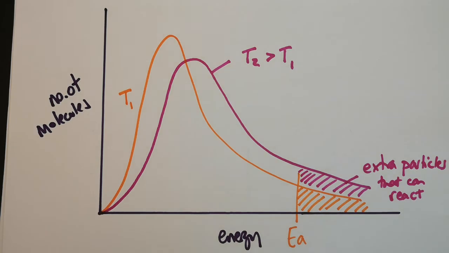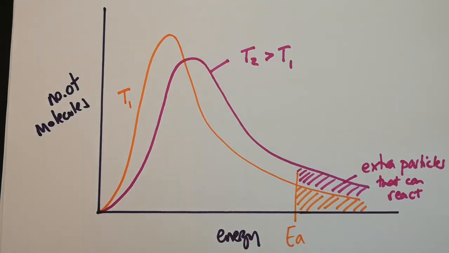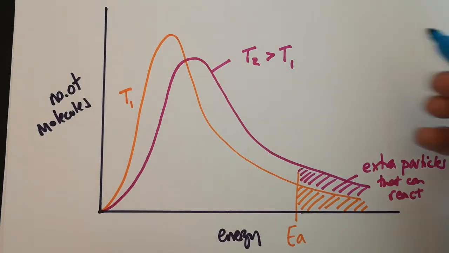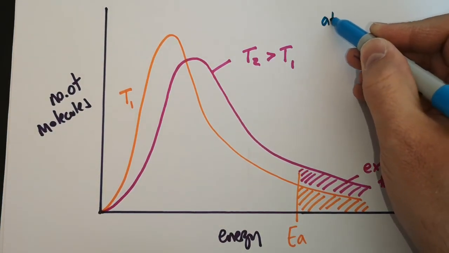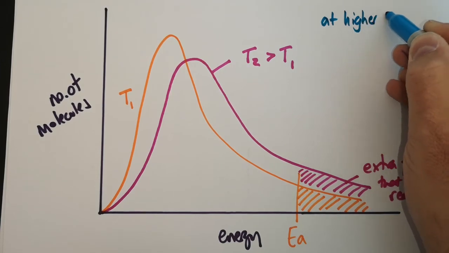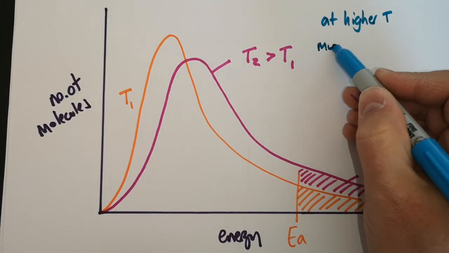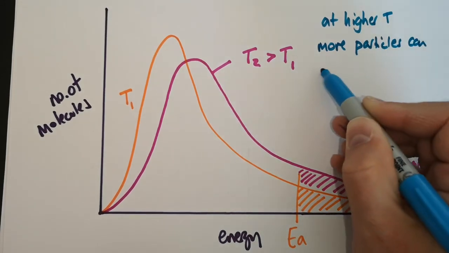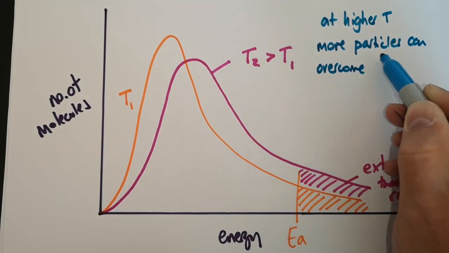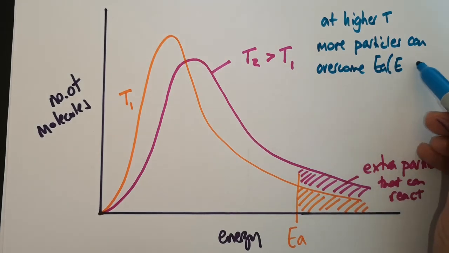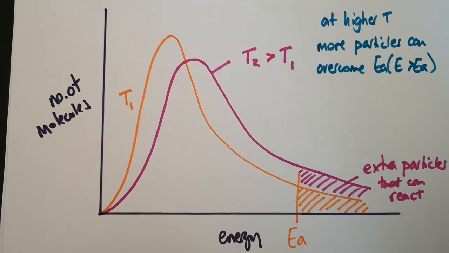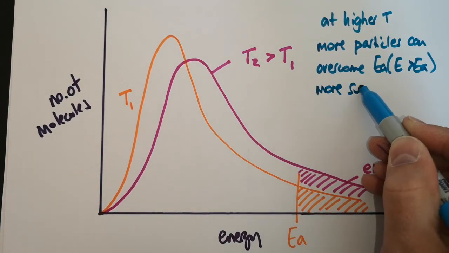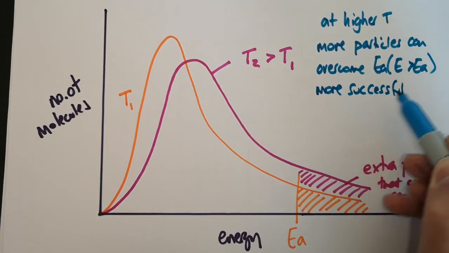So your final explanation as to why temperature affects the rate of reaction is again that at higher temperatures, more particles can overcome the activation energy, which is E greater than EA. They have energy greater than the activation energy. So there are more successful collisions